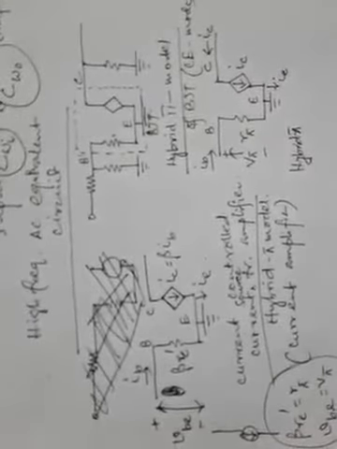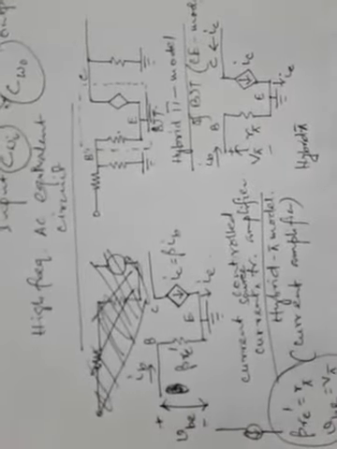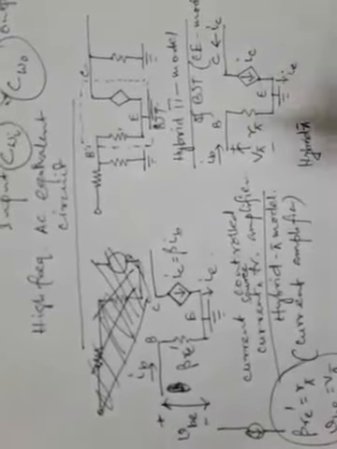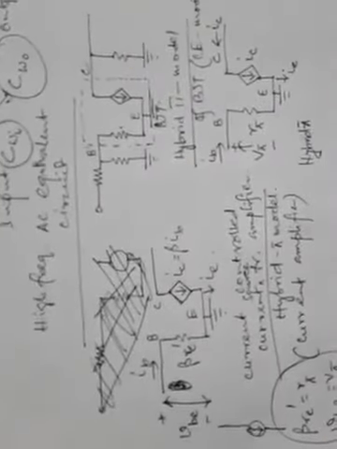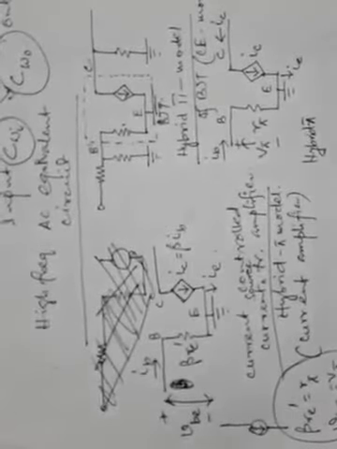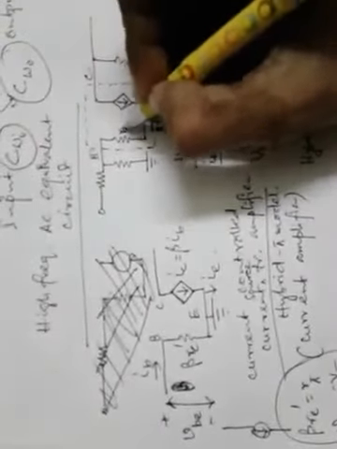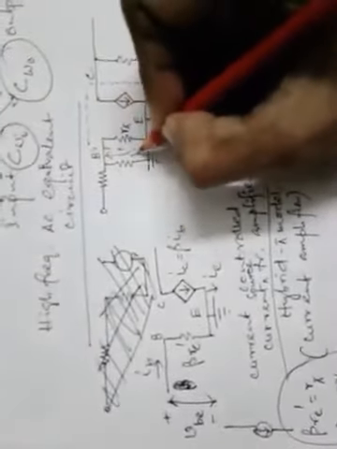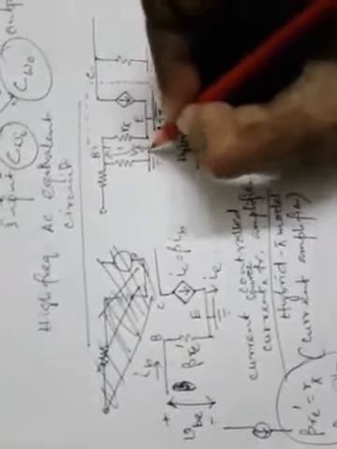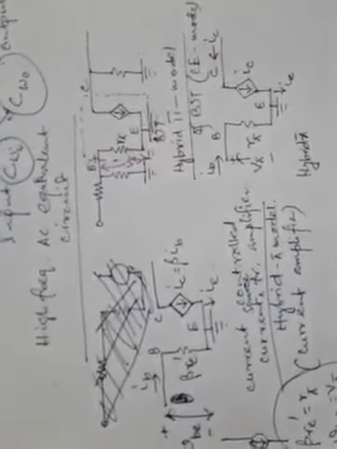So since now it is something like this, we can complete this circuit by writing the model with R pi over here, and the voltage across this is V pi between base and emitter. This side is plus and this side is minus, because the emitter is grounded, it is in common emitter mode.